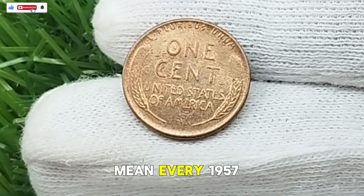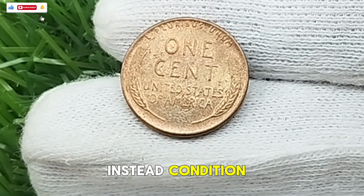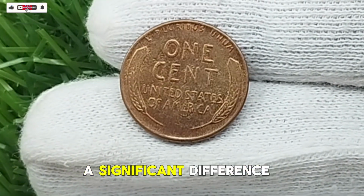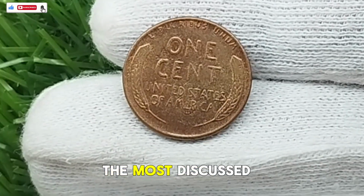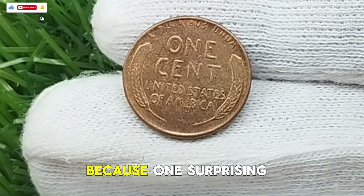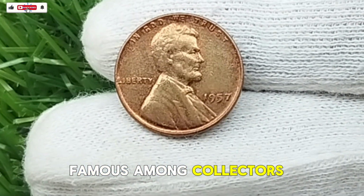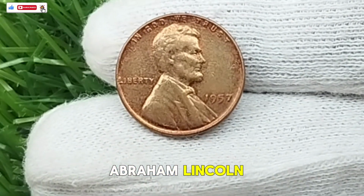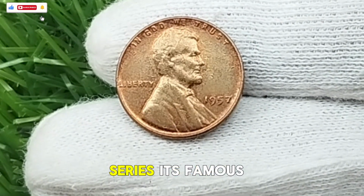This does not mean every 1957 penny is rare or valuable. Instead, condition, originality, and unusual mint characteristics can make a significant difference. That is exactly why this coin remains one of the most discussed wheat pennies. Stay with me until the end, because one surprising fact has made this classic coin famous among collectors across the world. The obverse features Abraham Lincoln, while the reverse displays the familiar wheat ears that gave the series its famous